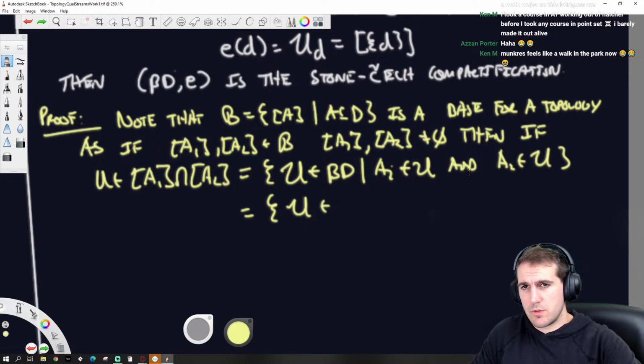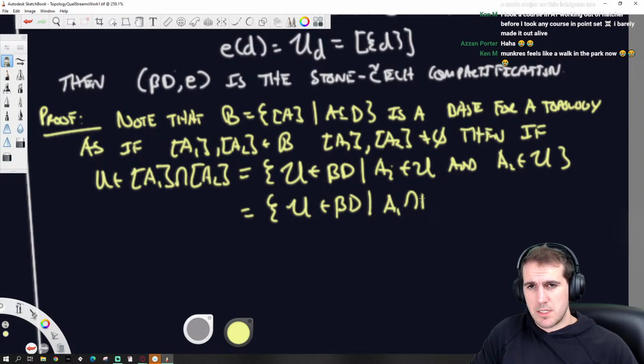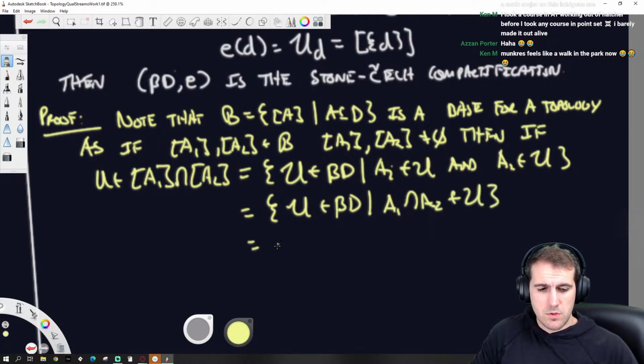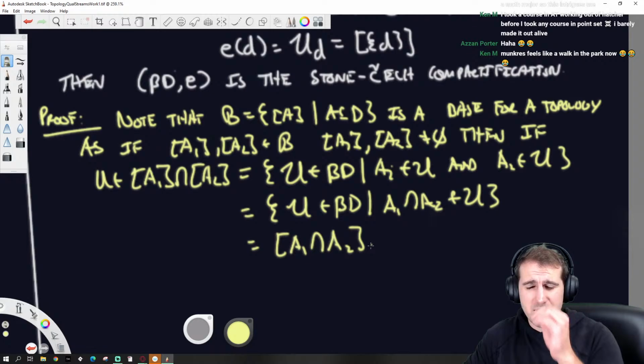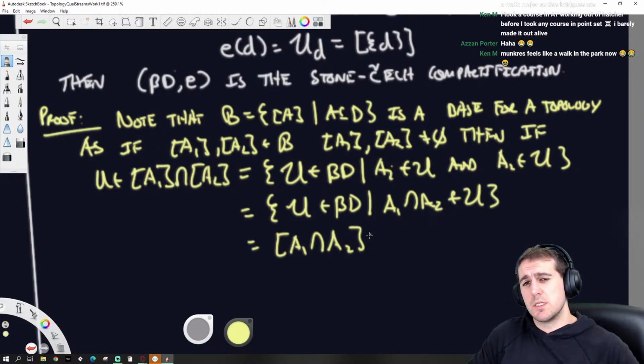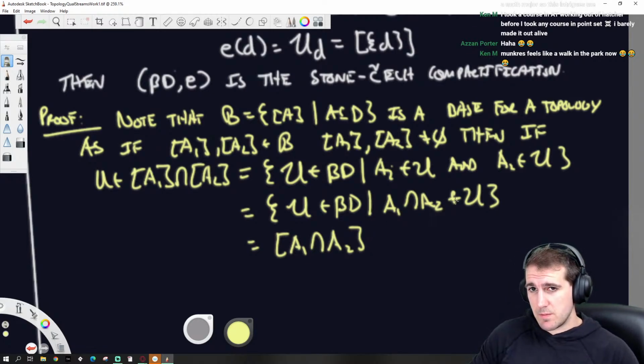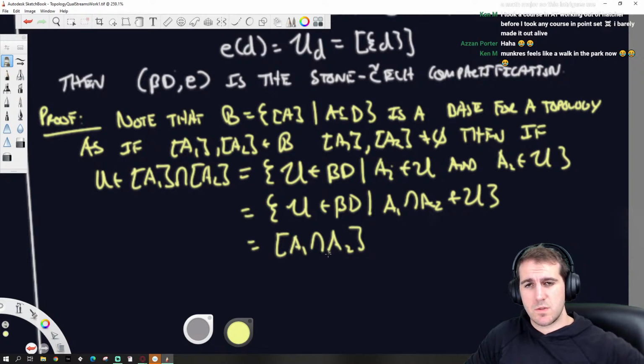So because both of those things are in there, it's the set of ultrafilters such that A1 intersect A2 is within the ultrafilter, which is equal to the ultrafilter given by A1 intersect A2. And because they're proper ultrafilters, these intersections are not empty. So A1 intersect A2 does not equal the empty set.